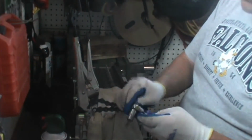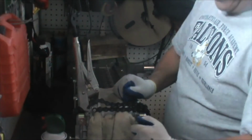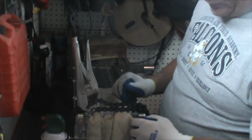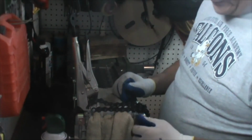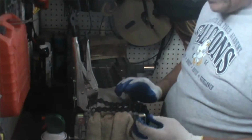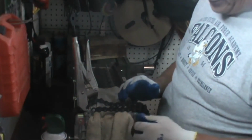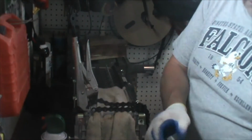So once I've got that, I'm going to grab my wrench, just going to very gently take this off. Now if you start to remove it and the screw starts to drag or doesn't want to come out, generally that's a sign that the compression bar is trying to move. So you need to stop, don't take the screw all the way out, put it back in, check and see why it's slipping or why it's moving. In this case I know it's secure, so I'm going to go ahead and take this screw all the way out. Once I've got it out,